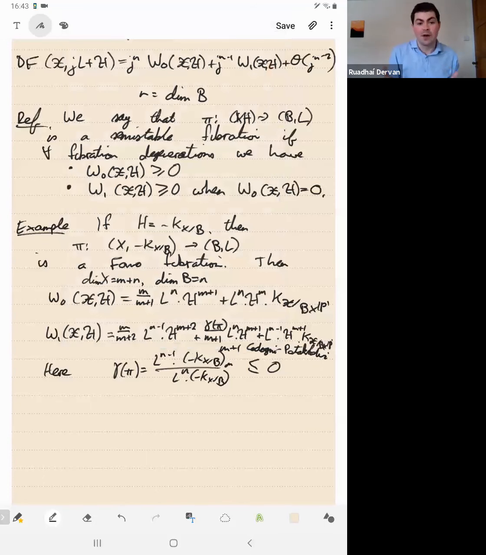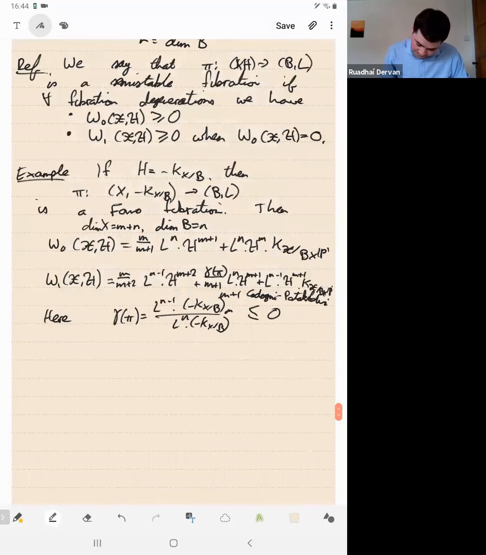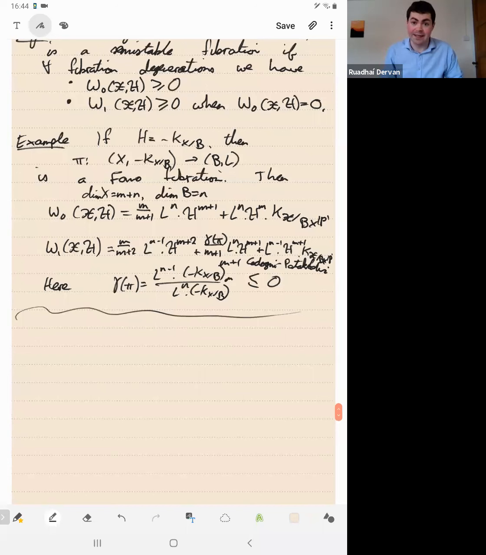Essentially what's happening is that the moduli space of K-polystable Fanos has a line bundle called the CM line bundle. This is the degree of the CM line bundle on the base B, and the CM line bundle, sorry, minus the degree. And because the CM line bundle is, well, ample, essentially, it's completely known now, this would be a non-positive number. Okay. So again, this really suggests to me that one should be able to study Fano fibrations, and there should be a lot of geometry behind the study of stability of Fano fibrations.